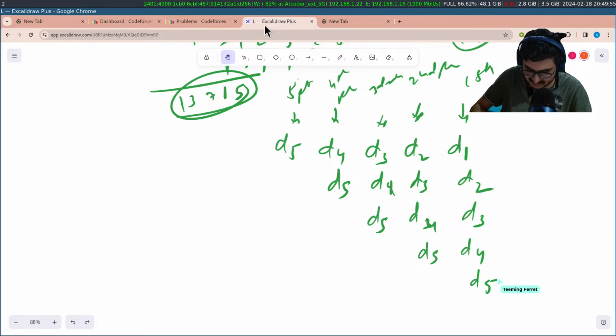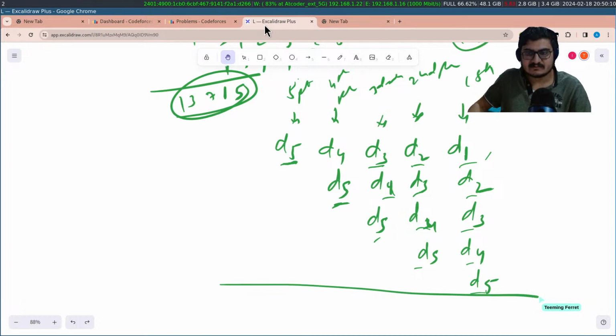And if you see, it's essentially suffix sums. The fifth place sum is only d5. The fourth place sum is d4 d5. The third place sum is d3 d4 d5. The second place sum is d2 d3 d4 d5, and the first place sum is d2 d3 d4 d5 d6. So you can take all the sums over here,